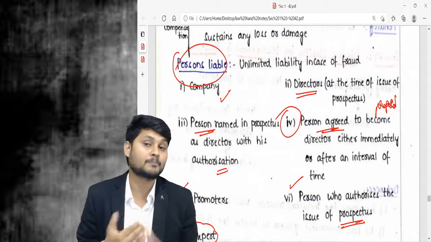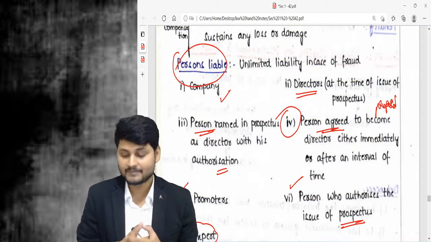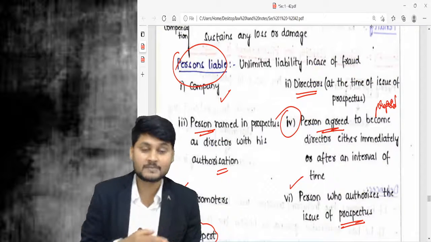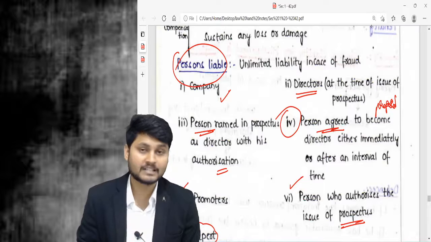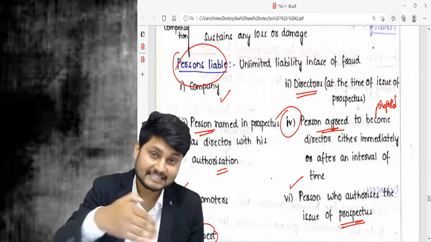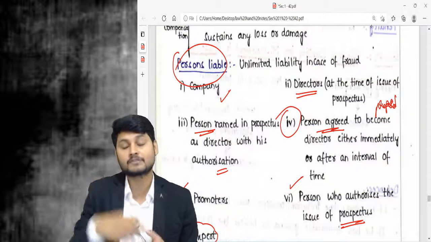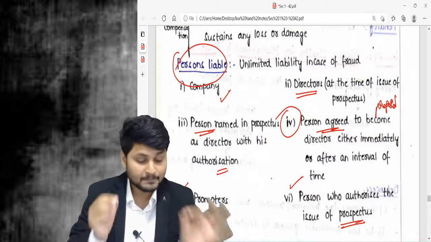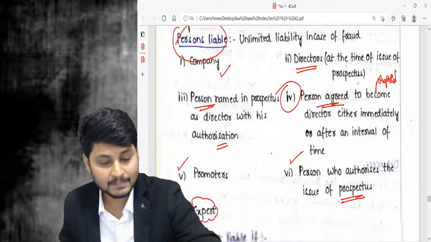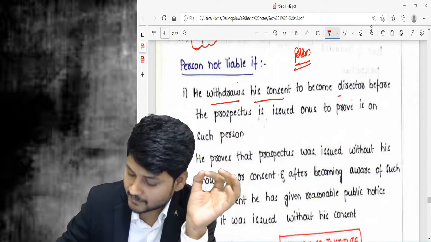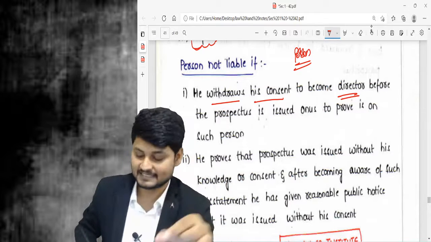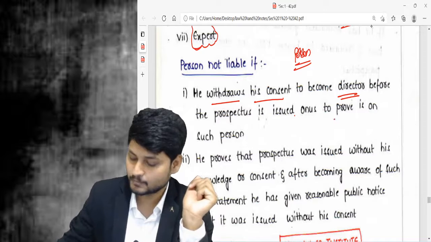His name is included in the prospectus as a proposed director, but he needs to prove that he has withdrawn his consent to become the director before the issue of the prospectus itself. When he proves that,